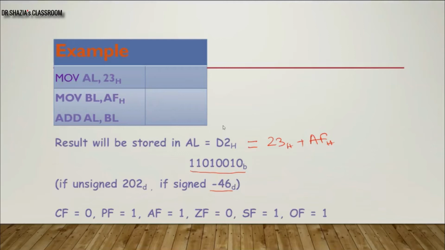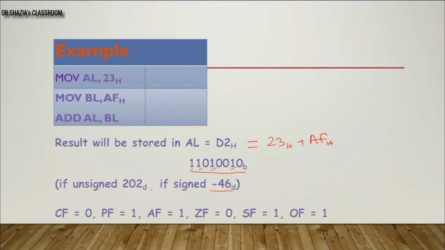Next, we'll look into the parity flag. The parity flag in this case will be high if the number is in even parity condition and low if the number is in odd parity condition. So we will see how many ones are there in this result. We have 1, 2, 3 and 4. 4 ones are there in my result, so it is in even parity condition. So my parity flag or parity bit will be high.